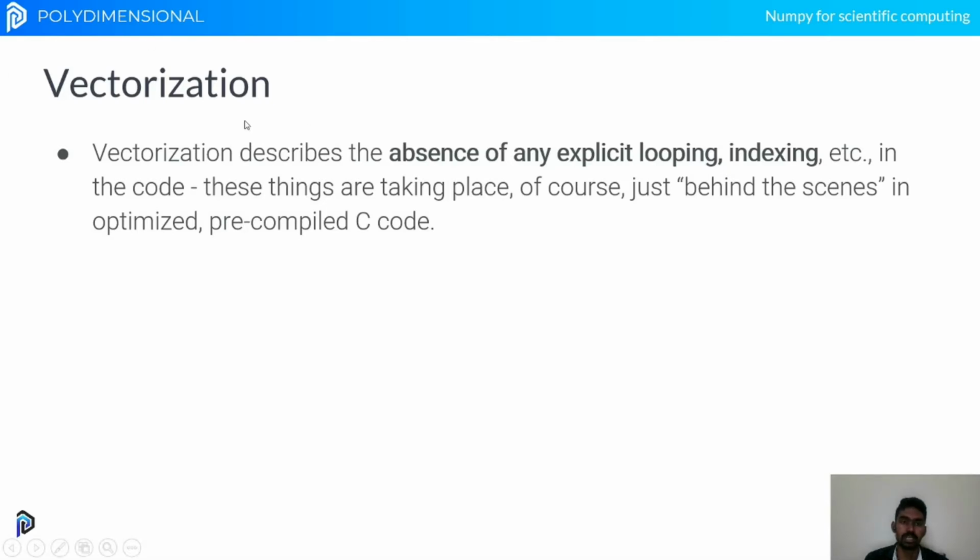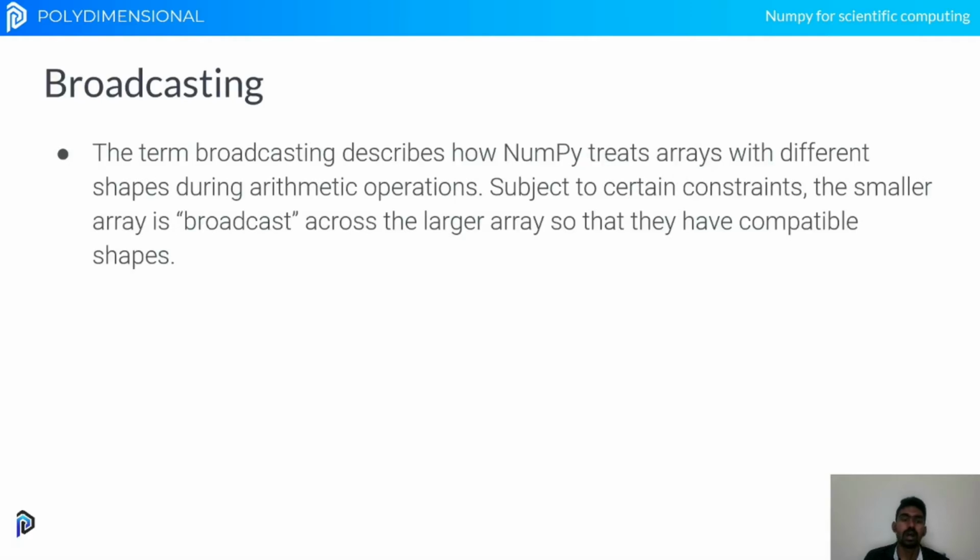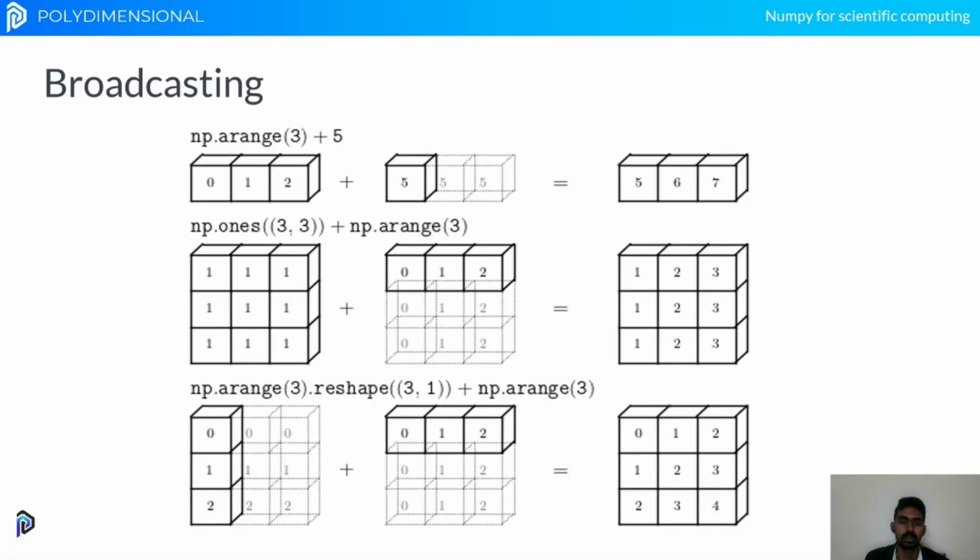That's what vectorization is, and we'll be looking into it in the code section also. And the other important concept is broadcasting. What broadcasting does is it helps to do mathematical operations between arrays of different shapes. It reshapes a smaller array to be compatible to do operations with the larger array. So we'll be looking into it with an example so that you can have a clear understanding.